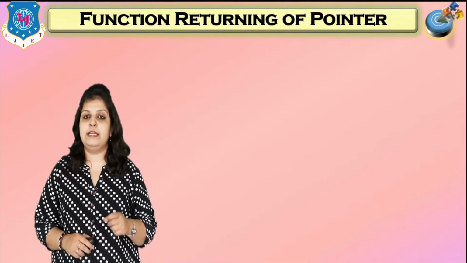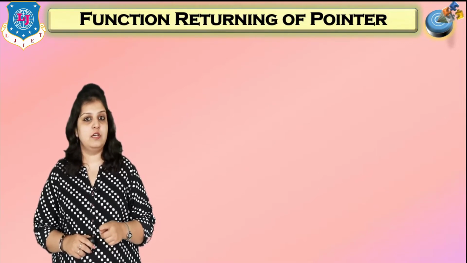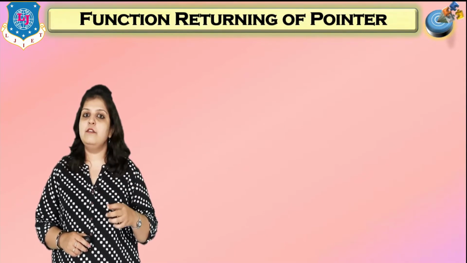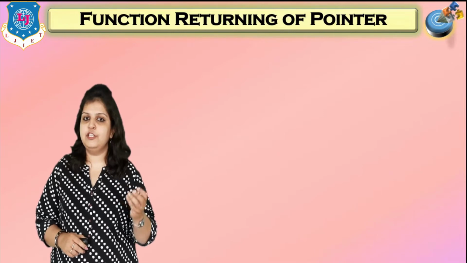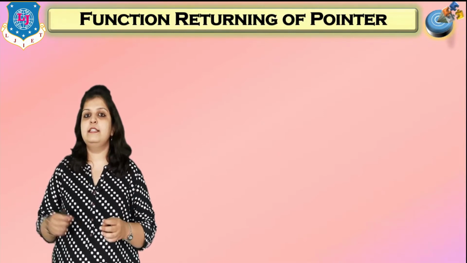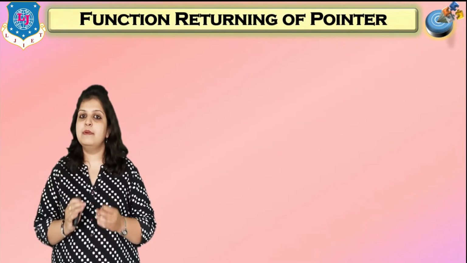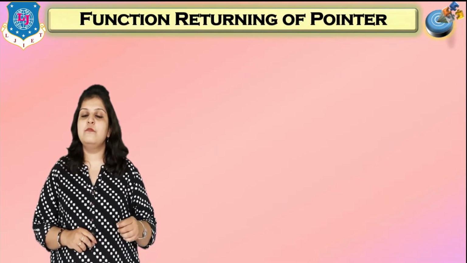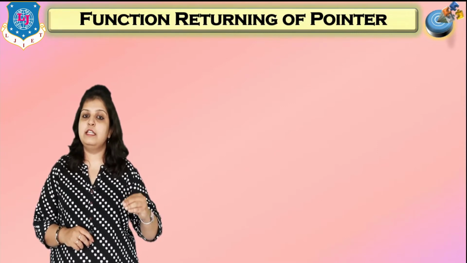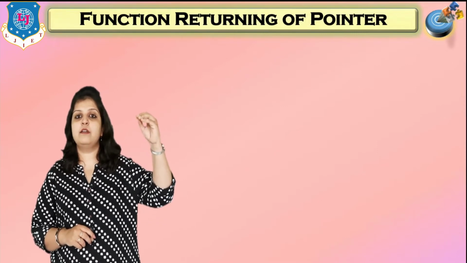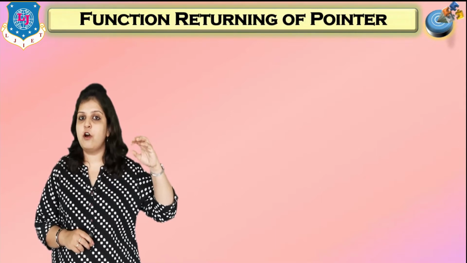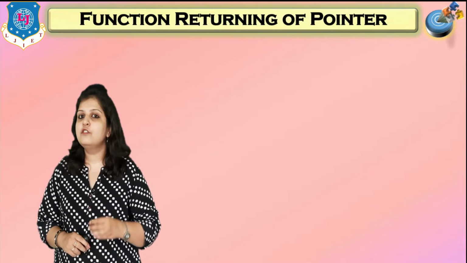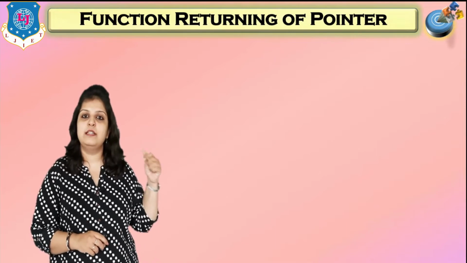But today in this video lecture we are going to use the concept of a function returning a pointer. This means when we use a return type such as integer, float, or double instead of void, then you compulsorily have to write one return statement, right? When you want to return something, this value will be returned to our main function where you called your function. But here we have to return a pointer value. So how can we write the program using this concept?